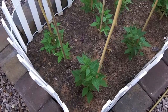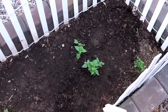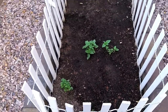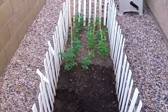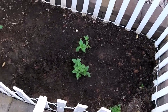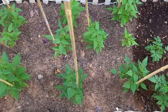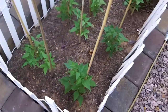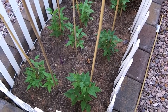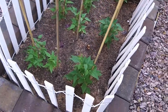So what you're looking at here is a little experiment I started back at the end of March. It's just a little raised garden, and I say experiment because A, I'm in the suburbs in the East Valley of Phoenix, Arizona, and B, I've never gardened before, although my mom gardened most of my life, and C, the Tepary bean plant, which you're seeing here, I've never grown before. Obviously, if I've never gardened. But